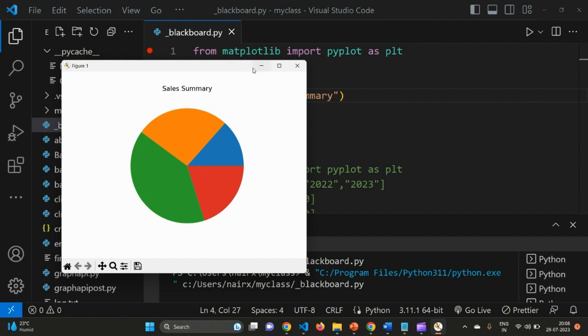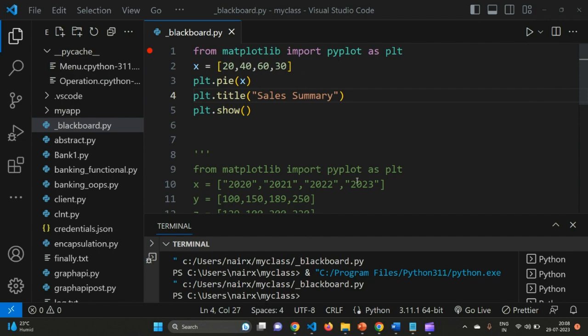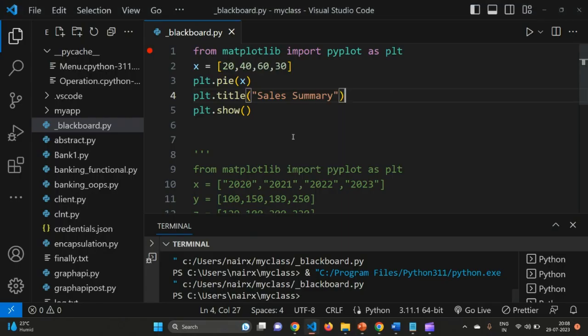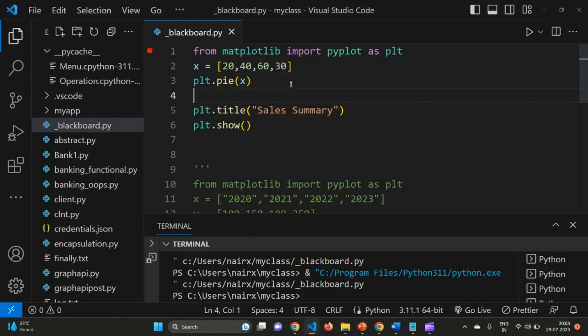And now let's say I want to have more information. For example, I want to give labels also, right? So I have to give the labels. You can define a particular list for all these four items. That is, I can have here a list, cars equals, give all the names,